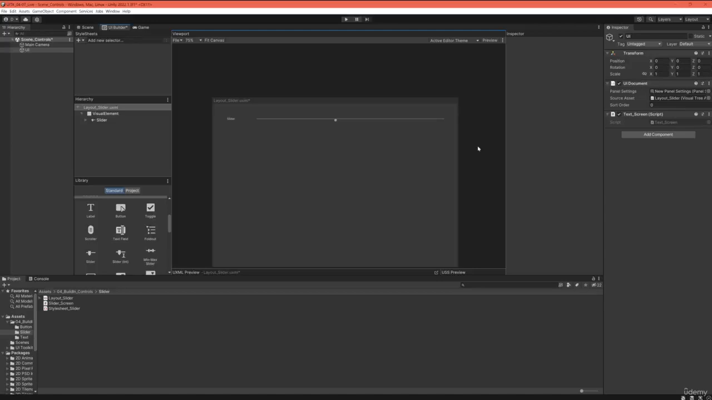Welcome to this new lesson on a new control. Now, this time we are going to cover a slightly more complicated control, which is a slider that I just added here to our canvas. Now, before we actually go into looking at the slider itself, I would just like to show you one thing